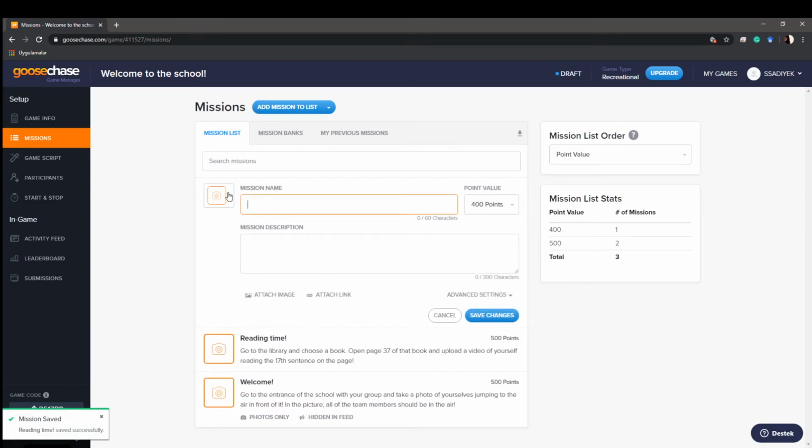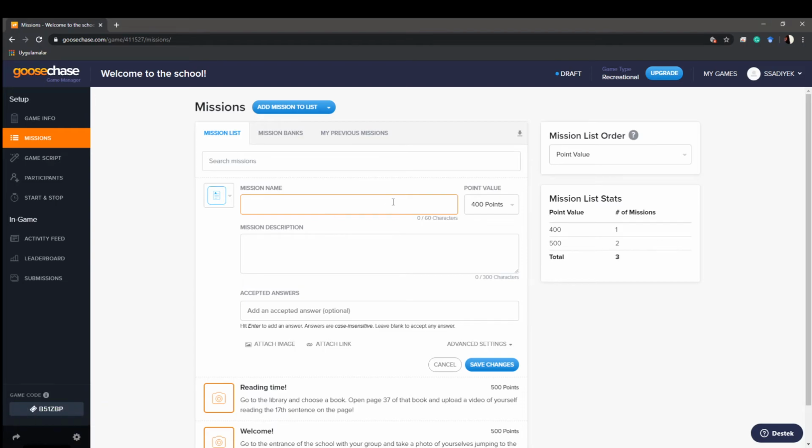I'm going to add another mission, like this one is a text mission, for example. Let's say this is the name of this quest, and I'm going to say find the portrait of the founder of the school, and write the quote below the portrait here. So let's say the school's founder said something and it's like a school motto. I want them to write